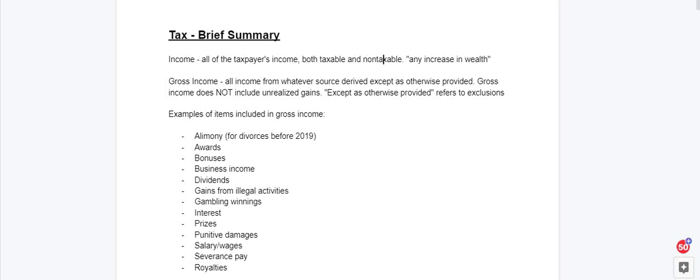So, just as a recap, if something is included in your gross income, that means it will be taxable. However, once you have calculated your gross income, you can take certain measures such as adjustments and the standard or itemized deduction, and this will get you your taxable income amount. And that is the portion of your income that you need to pay tax on. So I hope this video has helped clarify the difference between gross income and taxable income.